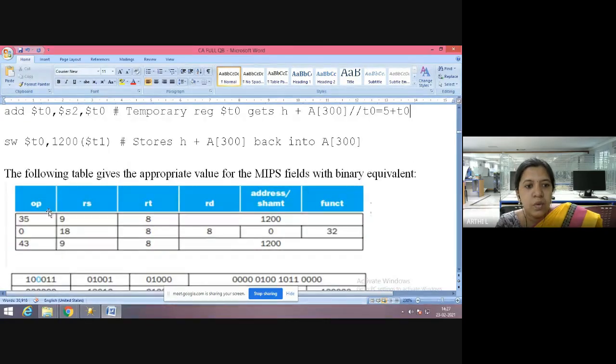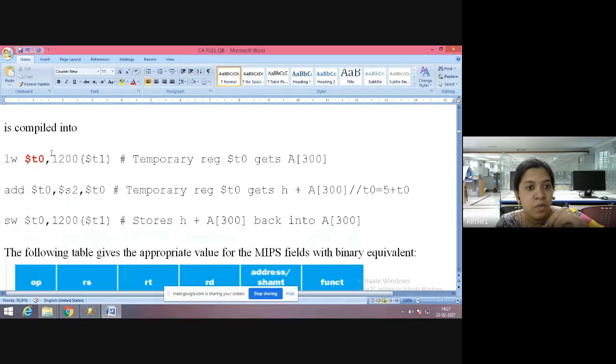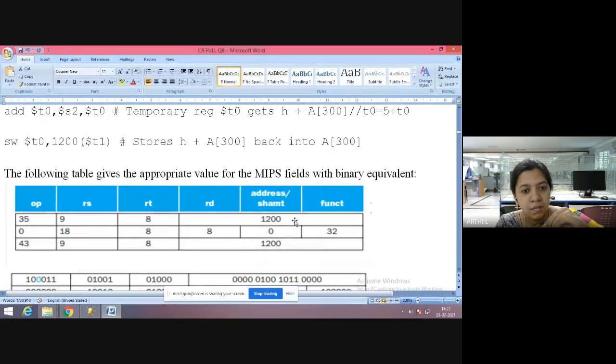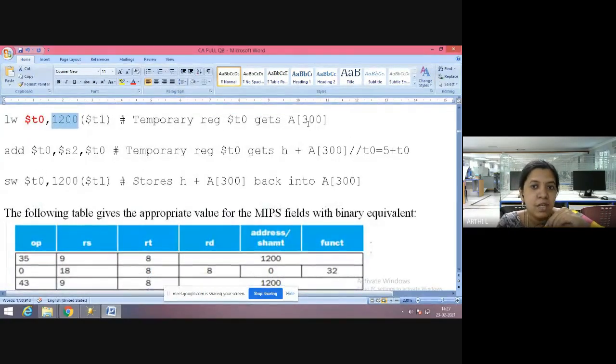So here you have opcodes. 35 is for loading, and 9 is the source register, 8 is the destination register, and 1200 is the address. The address they have mentioned is what you're going to write here. Next, the add instruction. This is an immediate, and similarly the store immediate instruction.